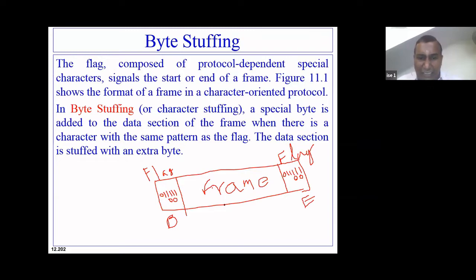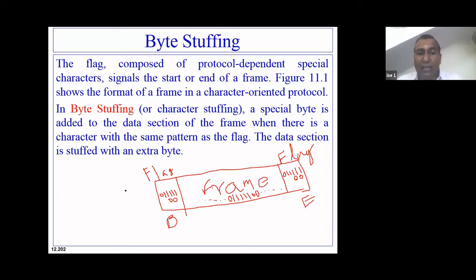Now my contention is, what if the data part of this particular frame also contains a pattern like this? So 0, 5 ones, and followed by 2 zeros. I may have several other bits also there. But this data part now comprises 0 followed by 5 ones and then 0 0.